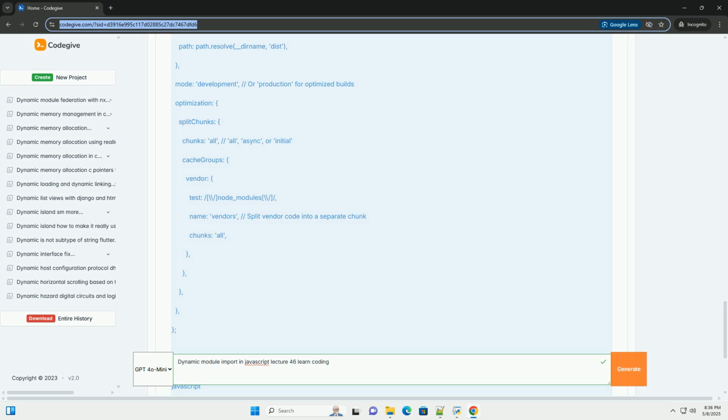2. The import function. The core of dynamic imports is the import function. It takes a single argument, the specifier of the module you want to load. The specifier is typically a string representing the module's path. It can be a relative path,